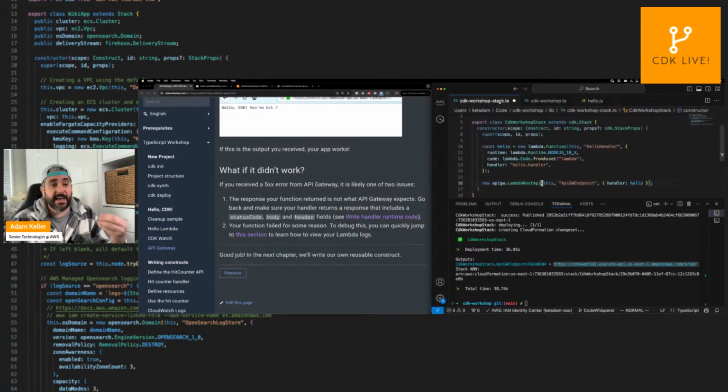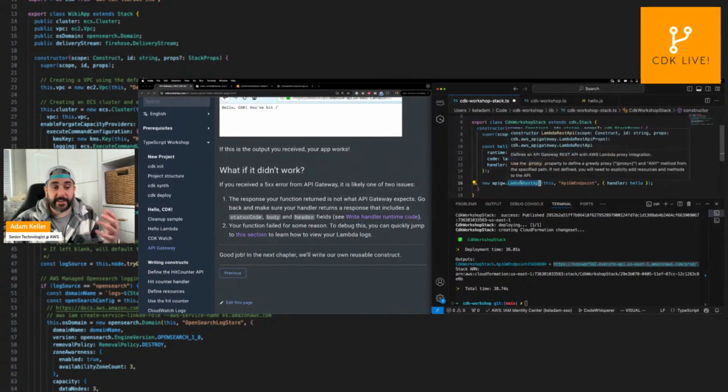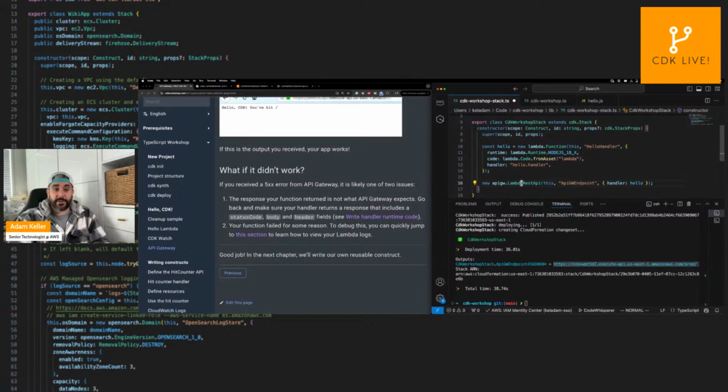We then, in our CDK application, defined our Lambda function. We pointed it to the directory where that code lives, and the CDK built that Lambda code. So it actually built that asset. It bundled it, I should say, into a zip file, pushed that to S3, and then connected that Lambda function to that code. And then we put that Lambda function behind an API gateway. And we were able to leverage a higher level construct, the Lambda REST API construct, which again handled all of the connecting of all the resources together